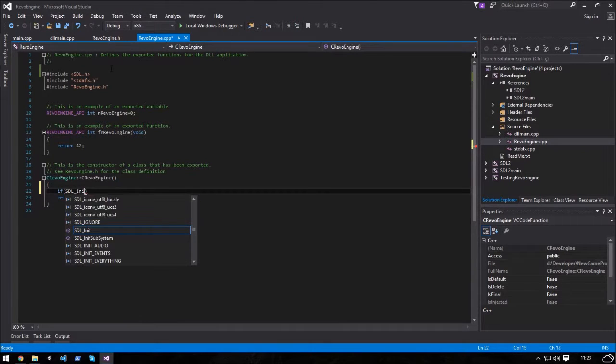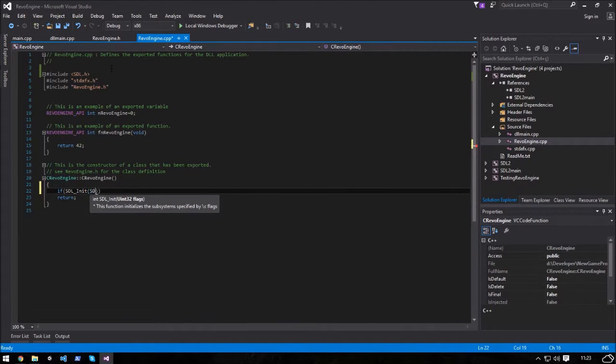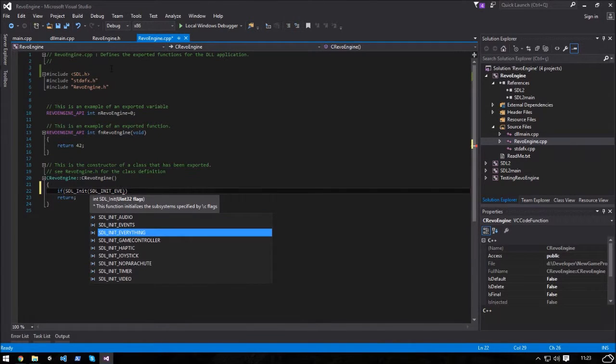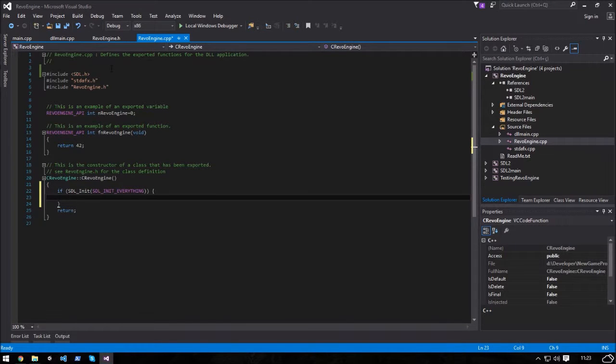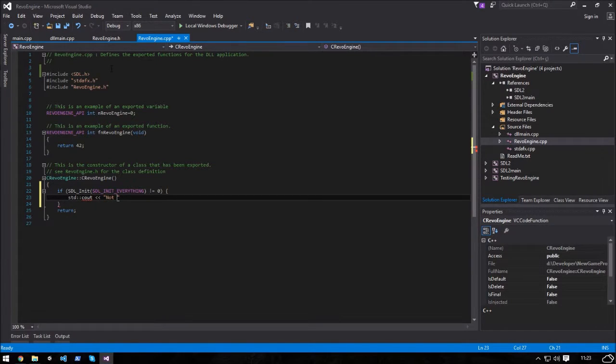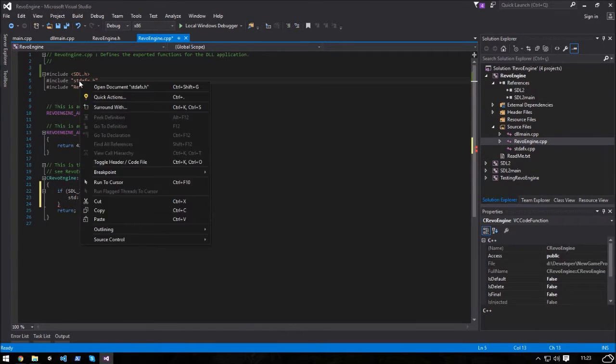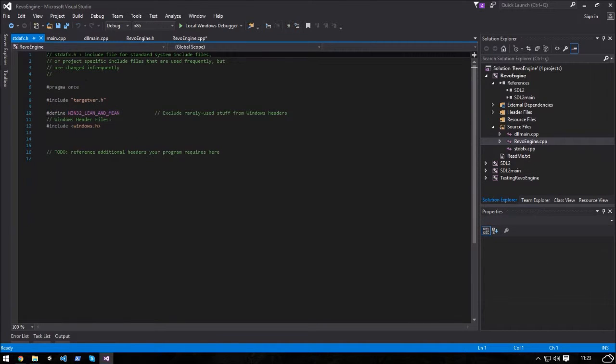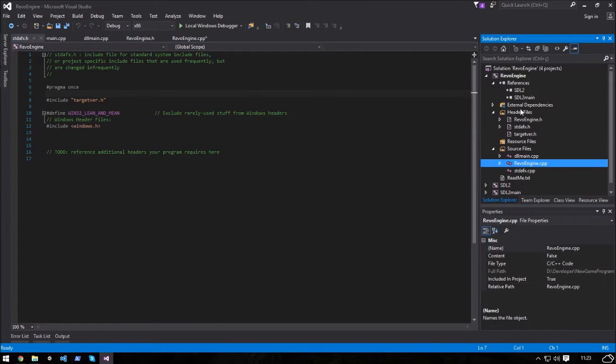So init, this is just a sanity check of the initialization process, so don't worry about this code, it's just a sanity check. Need to include the general keys. So I'm going to create a